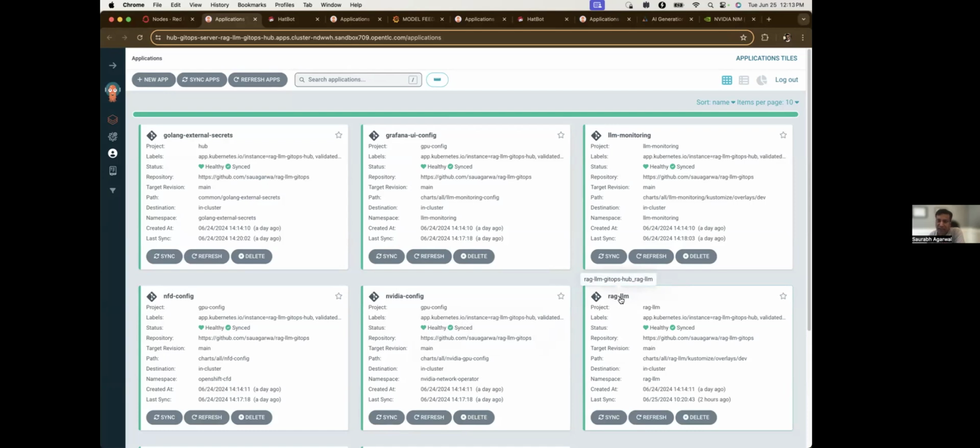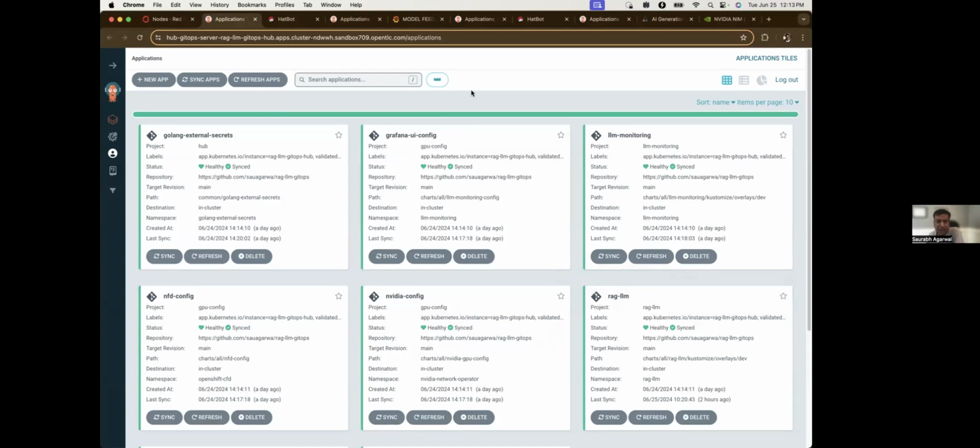This RAG LLM is an Argo CD application, so you can have multiple components as part of this Argo CD application. In this RAG LLM application, it has deployed the inference server and the Redis database. It has deployed your Gradio UI and also a vector DB job, which actually populates the